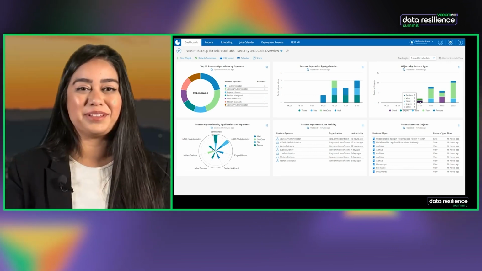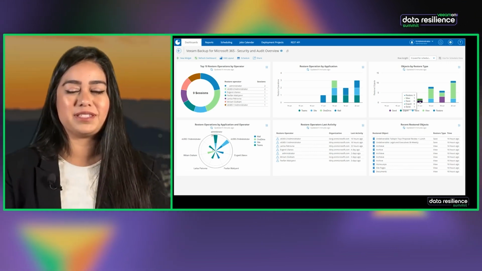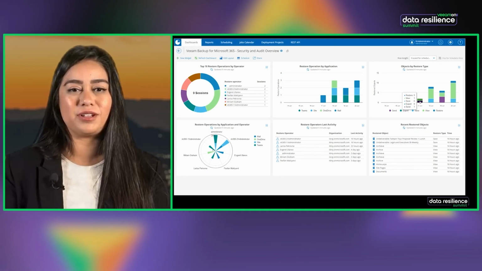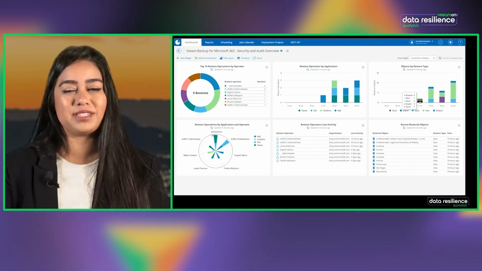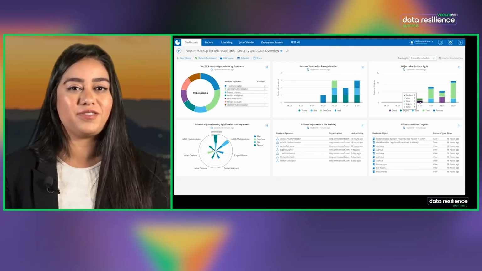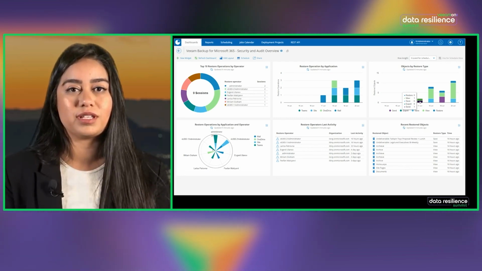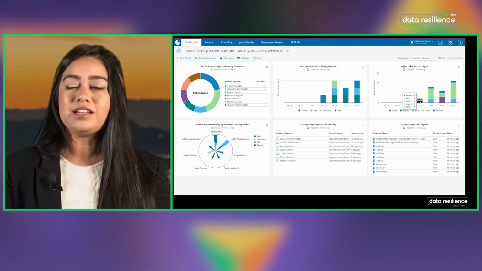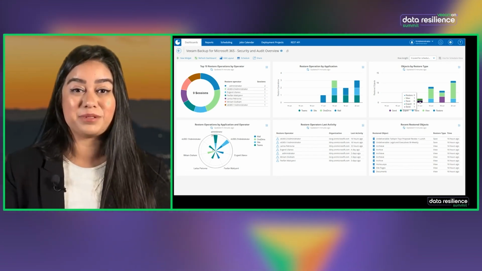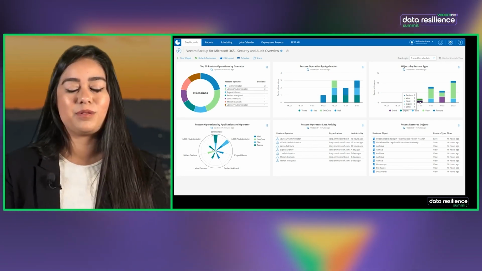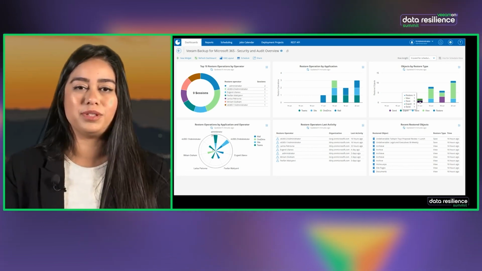Yeah, absolutely. So when I speak to organizations in the field, usually the number one thing that comes up when it comes to protecting M365 is how do we actually verify who's been performing restores and what type of data were they recovering? So this is going to be critical for them to be able to audit those types of restores that are happening. And the nice portion of this is that it's all viewable within this dashboard.